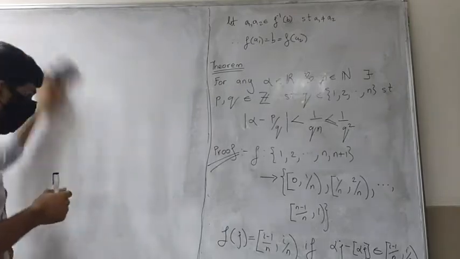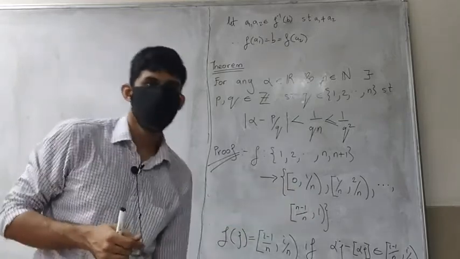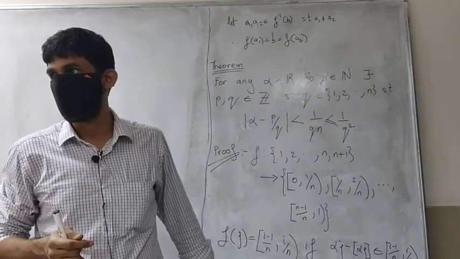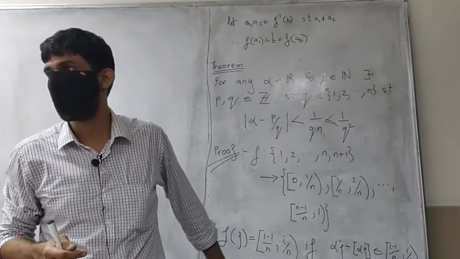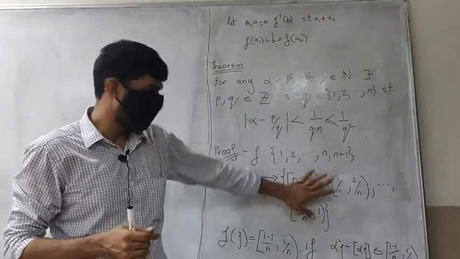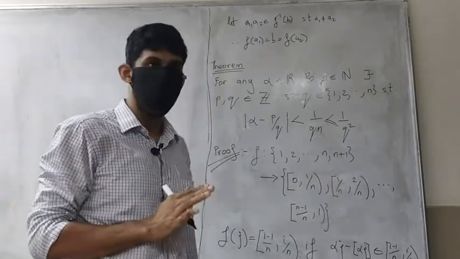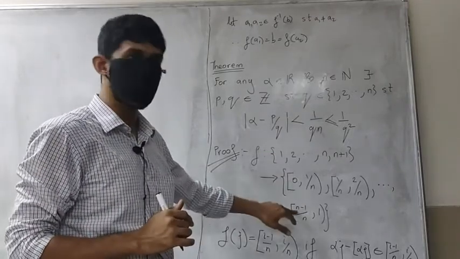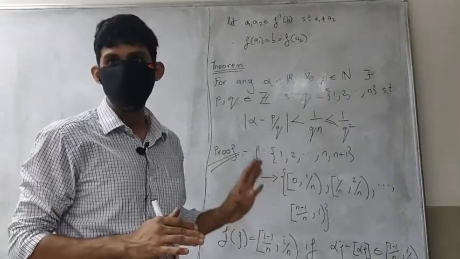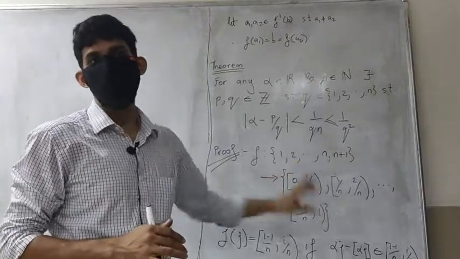Something special happens in the domain. The domain has n plus 1 points. It's a well-defined function. There is absolutely no problem with it, right? I hope that's clear. Is it clear how this function is defined? The codomain has how many points in it? N points, right? From 0 to n minus 1, n points. And the domain has n plus 1 points in it. So by the pigeonhole principle, there will be 2 points in the domain which have the same image.